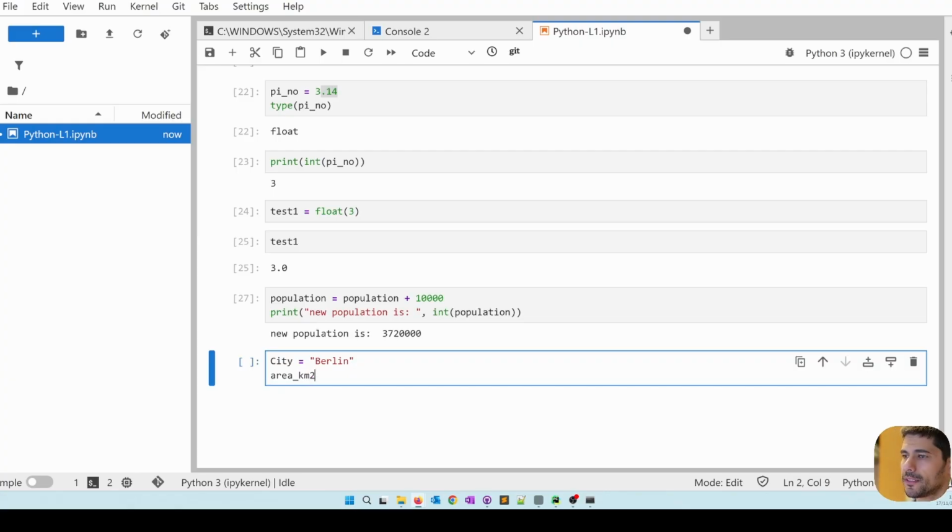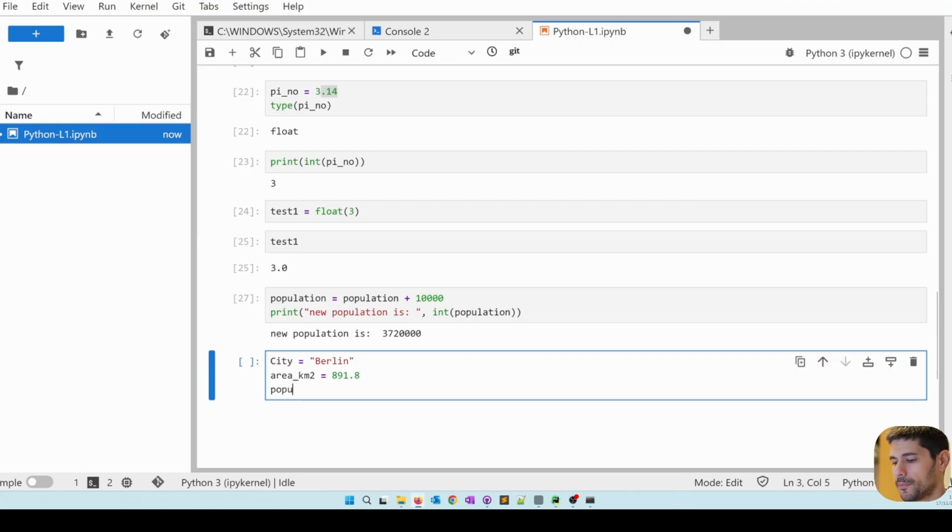So I'm giving it a name that makes sense, and this is the area of Berlin in square kilometers. So 891.8. And the population, to be a bit more precise, is 3,769,000